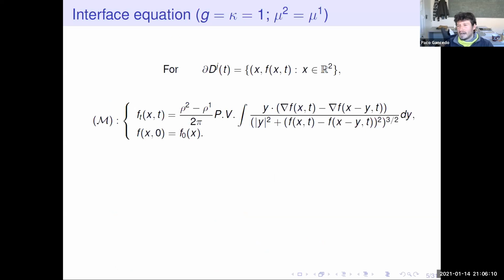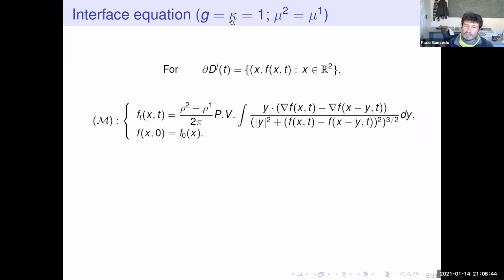It turns out that with this general equation, I can get an interface equation. I want to model the interface between the two fluids, and for the equation I'm showing you now, I'm going to show a simpler case. So this is a 3D surface. We have gravity equal to 1. Let's move to a planet with constant gravity equal to 1, just to simplify notation.